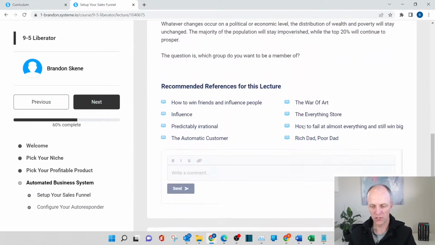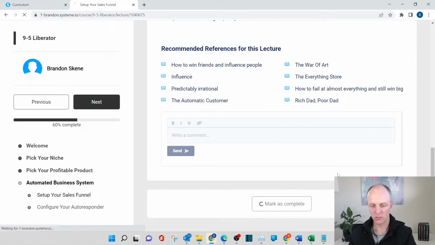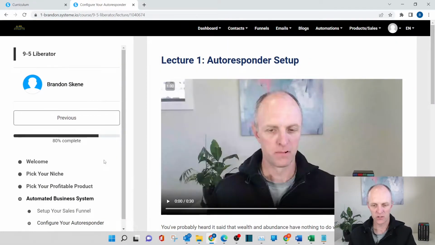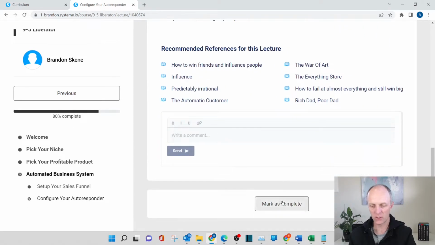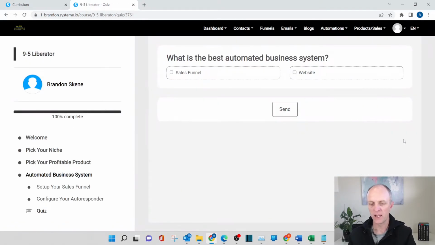And we can watch that. We can mark that as complete. And that will take us to our next one, which is the autoresponder setup. Scroll down, and we'll mark that one as complete. Then it automatically takes us to our quiz for that particular module upon the completion of all the lectures